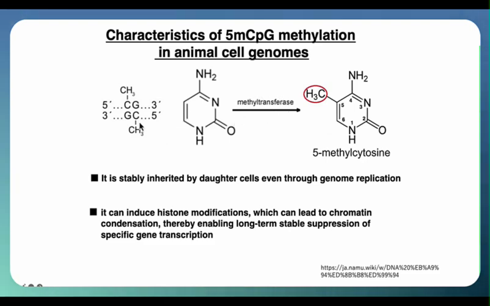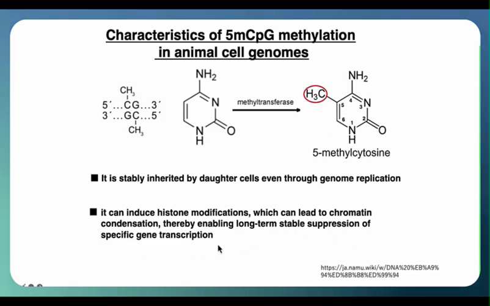In double-stranded DNA, CpG sequences are palindromic. When a CpG sequence on one strand is methylated, the corresponding CpG on the complementary strand is also typically methylated. Methylated CpG sequences are inherited in DNA strands after genome replication. Additionally, methylated CpG sequences can induce histone modifications, leading to chromatin condensation, which can stably suppress the transcription of specific